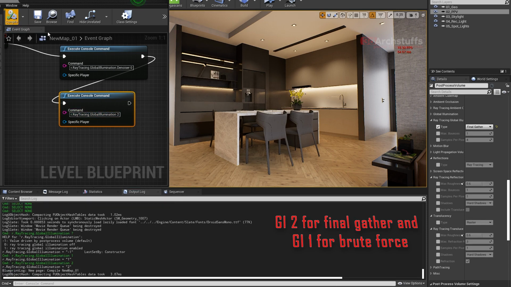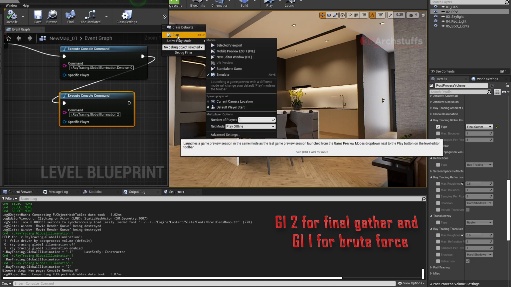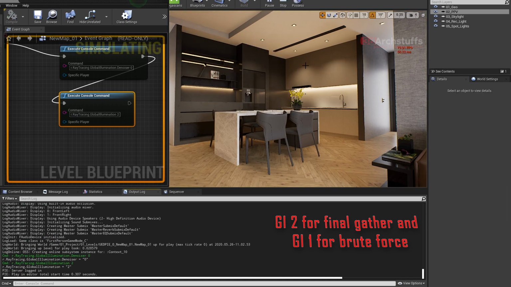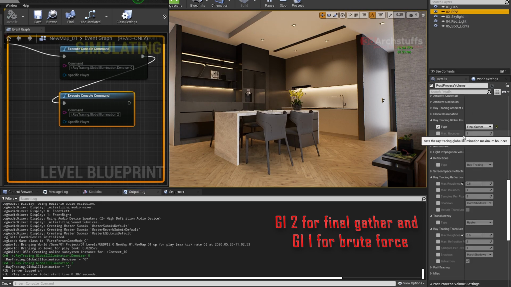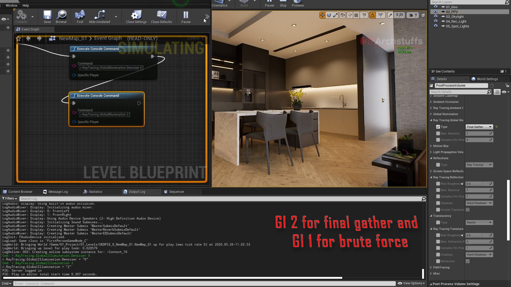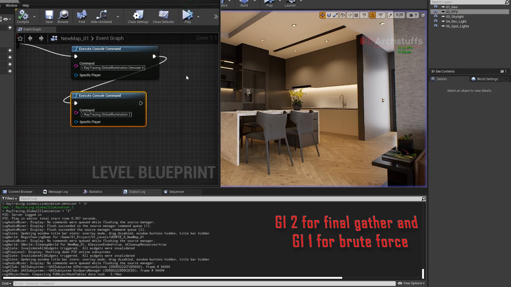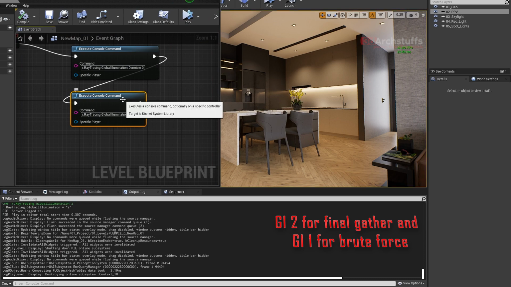And now if we compile it and then simulate it, then that brute force 2 is being used, right? But it's still using that one bounce here. So to make it bounce 2 or maybe 3, we can again go here and stop this simulation, and we can go ahead again, copy this,